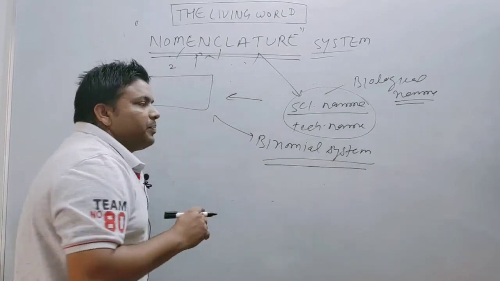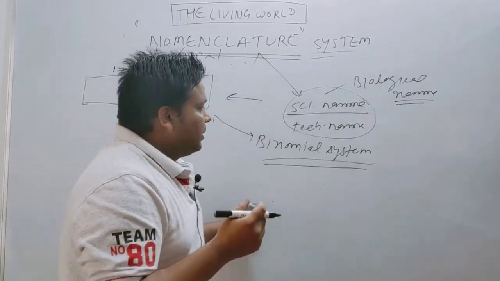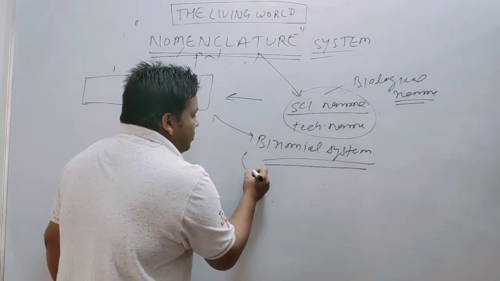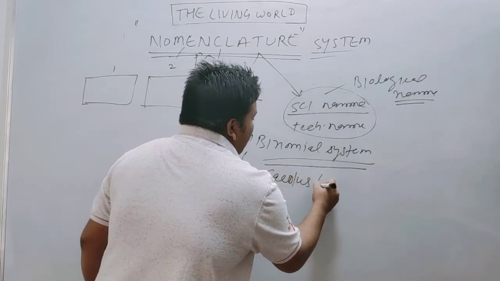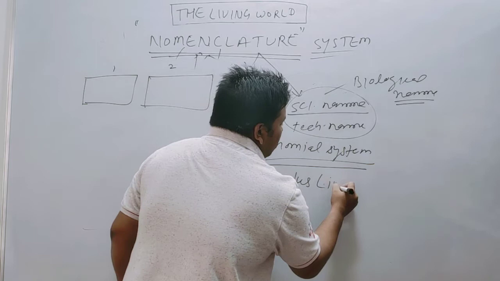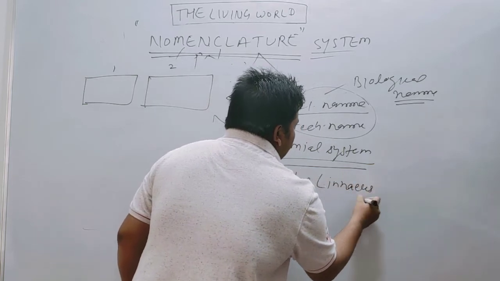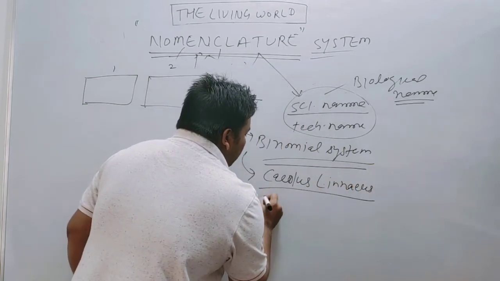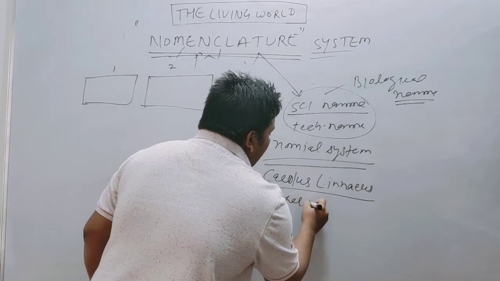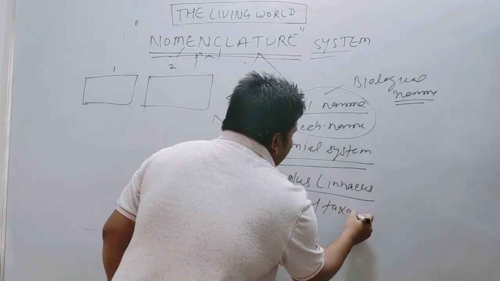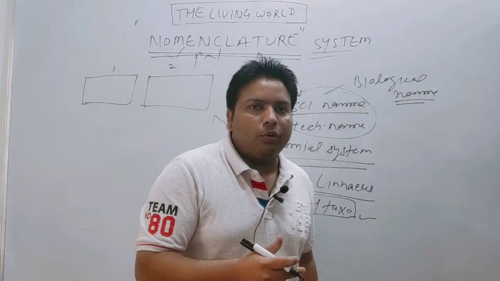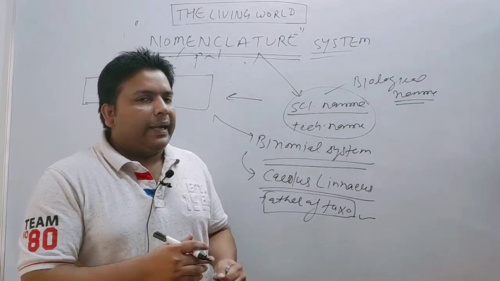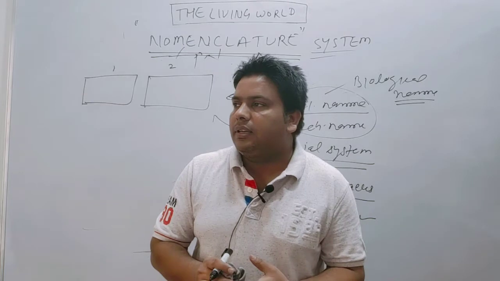The thing is, who has given this? So this binomial system was given by Carolus Linnaeus, the father of taxonomy. You can call him the father of taxonomy. शुरुआत इन्होंने की, इसलिए उनको हम लोग फादर ऑफ टैक्सोनॉमी कहते हैं. In his book called Species Plantarum